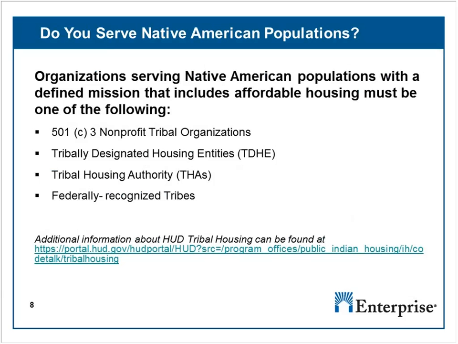The third eligible organization type is organizations serving Native American populations with a defined mission that includes affordable housing. This is a very tightly defined pool as set forth by the federal government. If you serve Native American populations and would like to apply for Section 4 funding, you'll need to be one of the following: a 501c3 nonprofit tribal organization, or a tribally designated housing entity, a tribal housing authority, or a